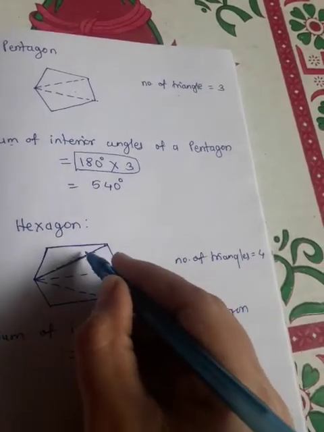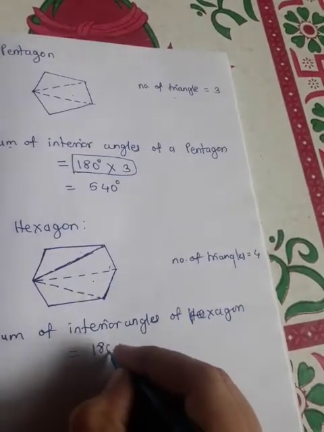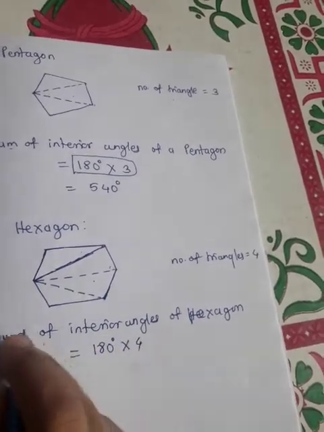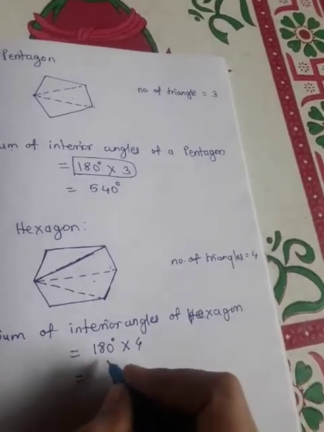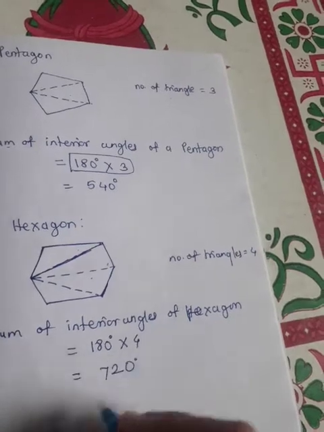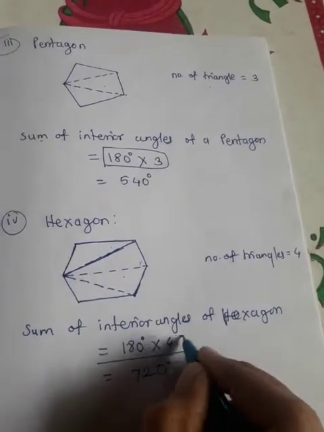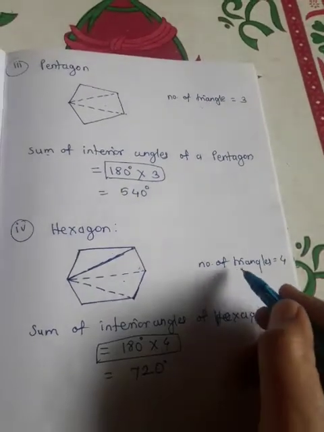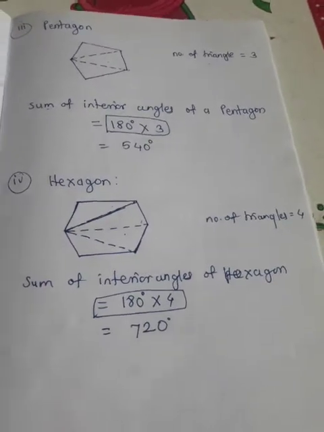And how many triangles are there? 1, 2, 3, 4. So 4 times 180 gives you the sum of interior angles of the hexagon, which means 720. So here the sum of interior angles of a hexagon is 4 times 180, where 4 means the number of triangles. Okay, as like this,